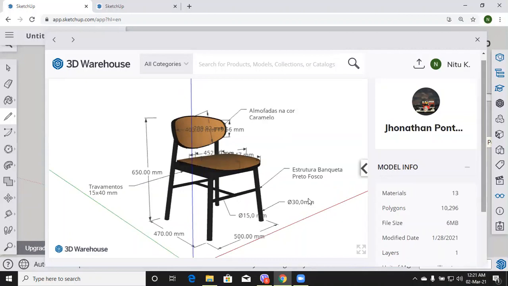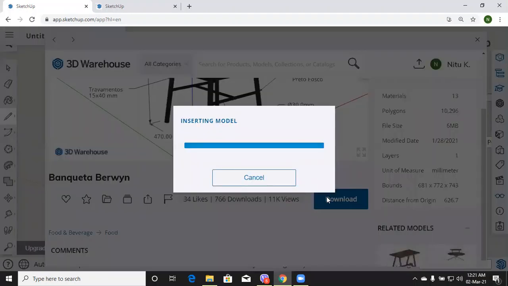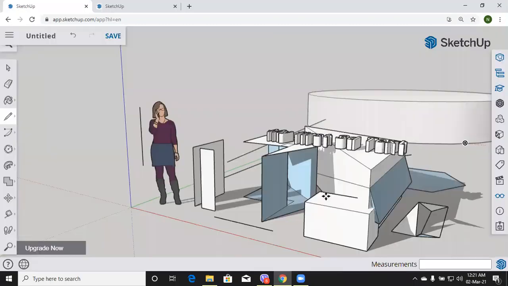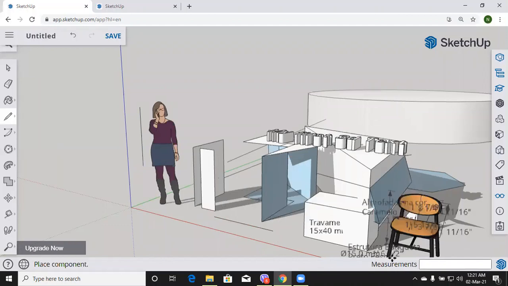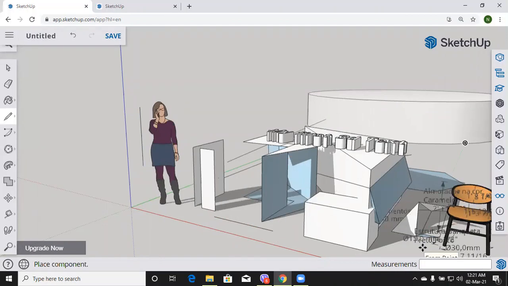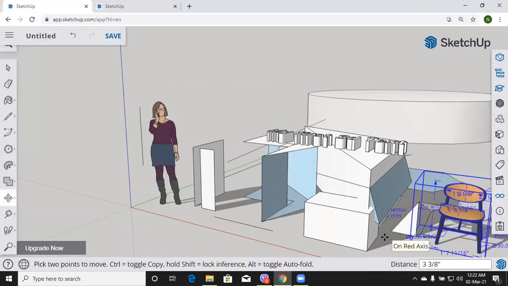And then you can download this model and insert it in here. Look here, it's inserted. Wherever you want to keep it over here. Okay, it's inserted. Now to check the result of your work, you can use the visualization tools